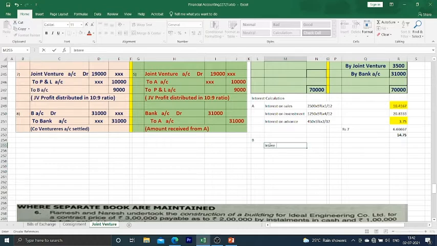Interest on his investment is equal to 880 into 5% into 3 by 12, February 20. Which amount will be